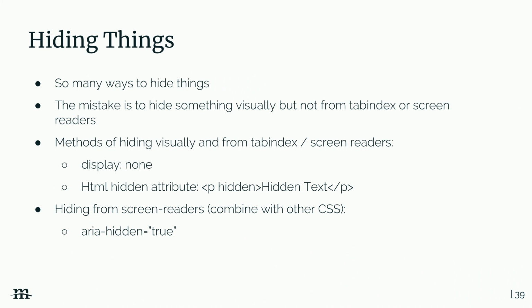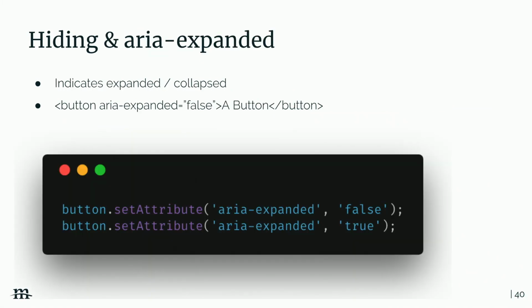If you need to use another CSS way to hide something, which we often do when we're animating something, then we use the ARIA hidden attribute, which I don't think I included on that earlier slide with the ARIA labels. But aria-hidden equals true will make sure that the screen reader doesn't know that's there. So if you have a navigation that's off screen and you're tabbing through and it doesn't have aria-hidden equals true, your tab focus is going to end up off screen. It's going to be really confusing. So you just need to toggle this value with JavaScript,